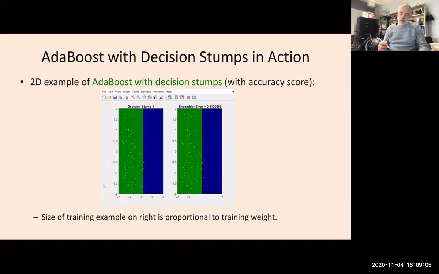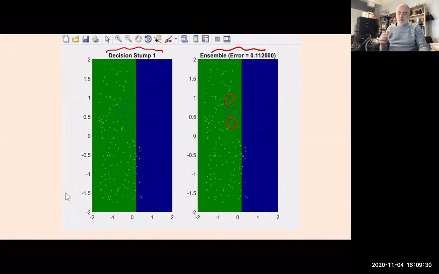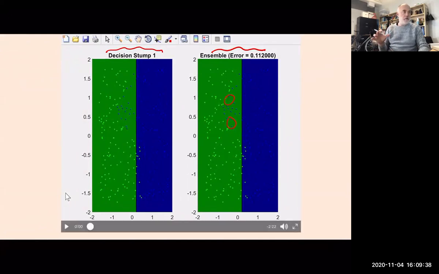Over here, so what do we have? This here is going to be the weak learner, the stump, the base classifier that gets selected at every step of the AdaBoost algorithm. Over here is going to be the ensemble classification boundary. And over here, if you look at individual data points, particularly in this region, I assume that you can see what's going on here. The exponentially growing or multiplicatively growing weights will appear as the size of the data.